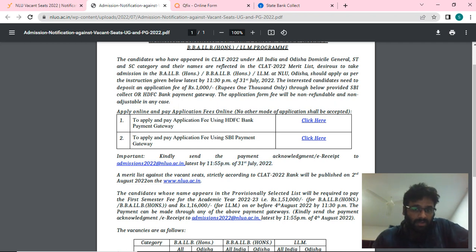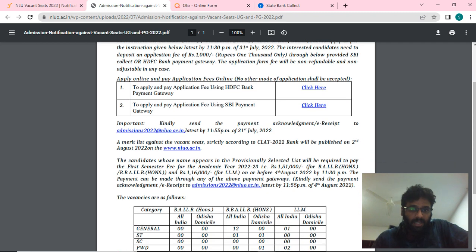Next, merit list will be placed in the website on 2nd August. When it will be placed? On the 2nd August. Next, candidate whose names are in the provisionally selected list required to pay the first semester fee for academic year 1,51,000 for BA LLB and also BBA LLB, sorry, and 1,16,000 for LLM.